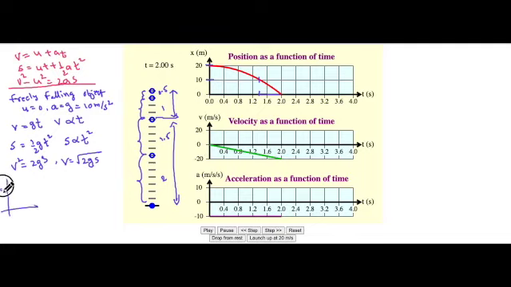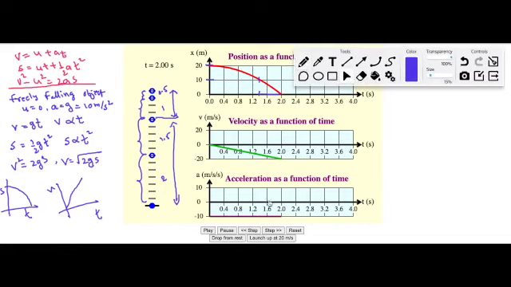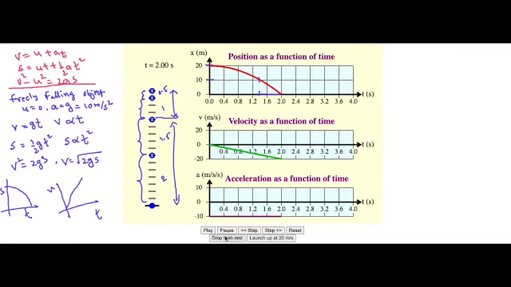So this is s versus t, which is a parabola, and if you plot v versus t, it is a straight line. And since the acceleration is constant, you will get a straight line parallel to the x-axis. Now let me play it once again. Please observe how the vertically dropping body is covering the distances, and the respective graphs.